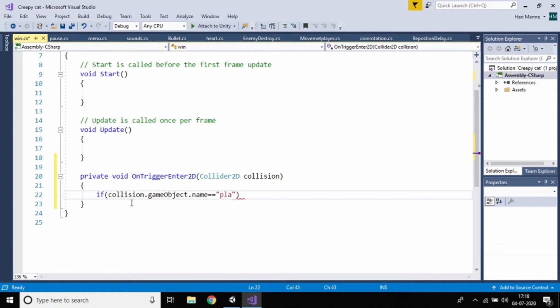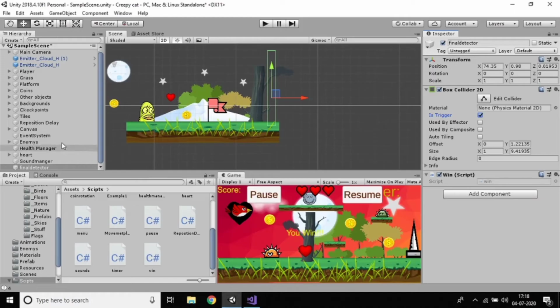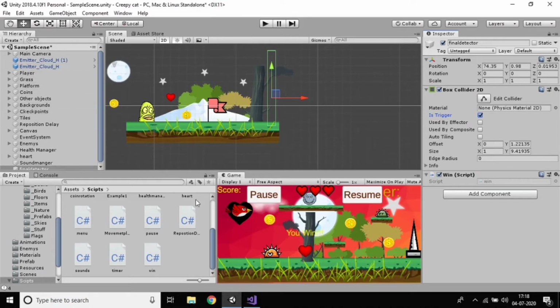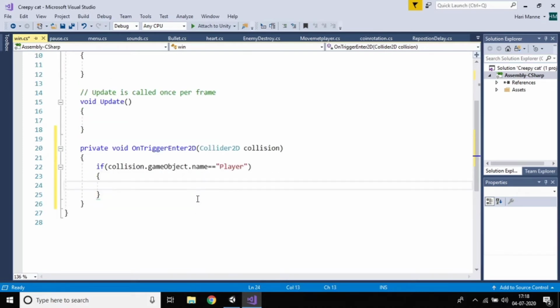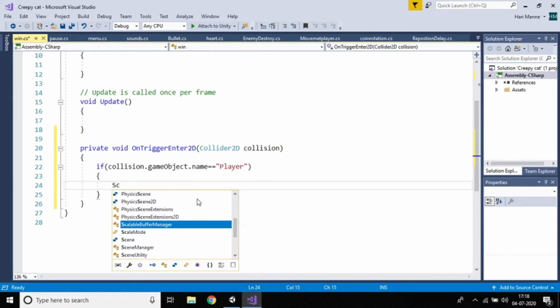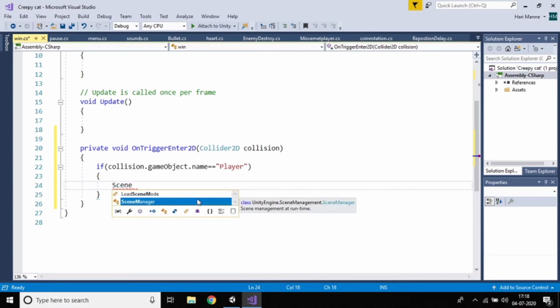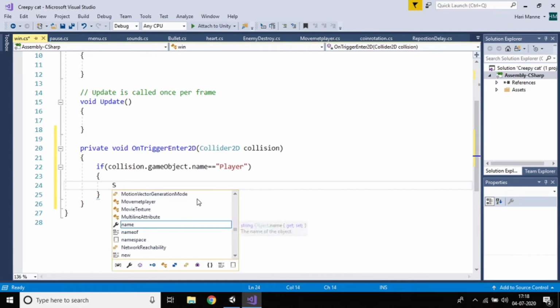If the player touches, P should be capital, since we are comparing with the name. And if the player touches, we load the scene, using SceneManager.